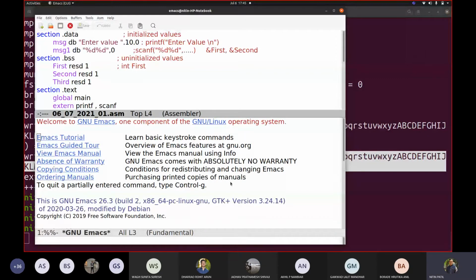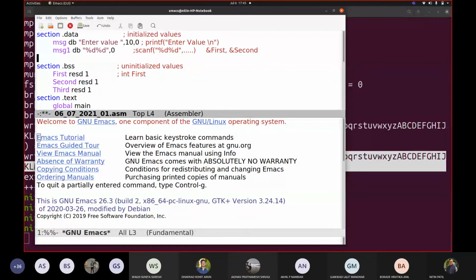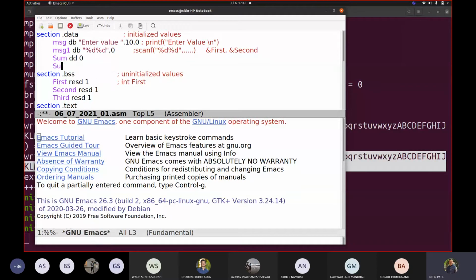So let me add now some more things. Okay, so let me add the variable here now. Let us take sum, which is an integer. So suppose I have declared it with 0. Correct? sum dd 0. I am taking sum1 dd 1 2 3 4 5 6 that way. Okay, now let us see how the translation would be for sum and sum1.